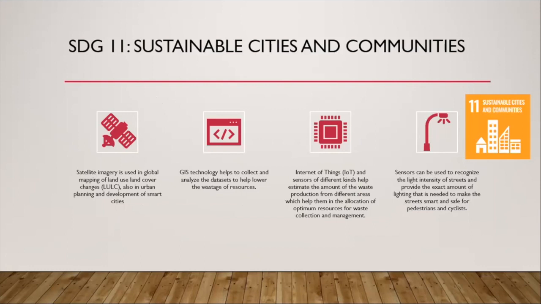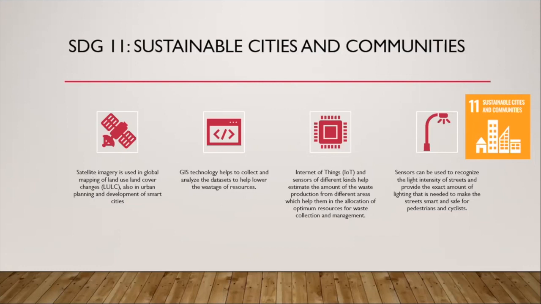Sustainable cities and communities is SDG number 11. And we see that geospatial technology can as well help in achieving this SDG, whereby satellite imagery is used in mapping the land use, land cover, both in urban and in rural areas, developing of urban planning and developing of smart cities. GIS technologies can help to collect and analyze the data sets to help lower the wastage of